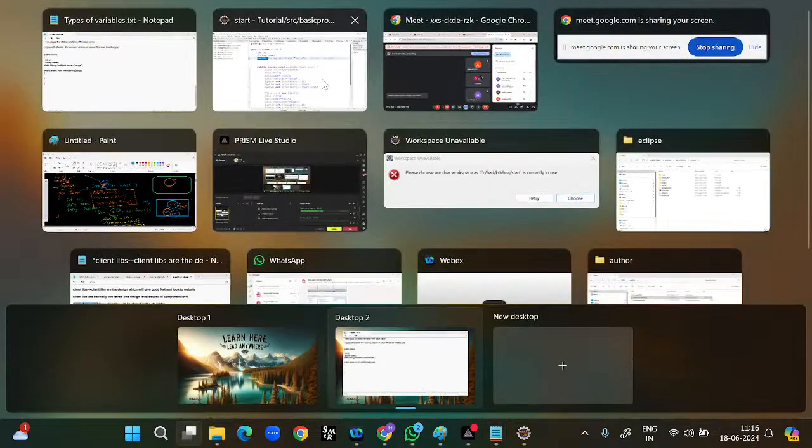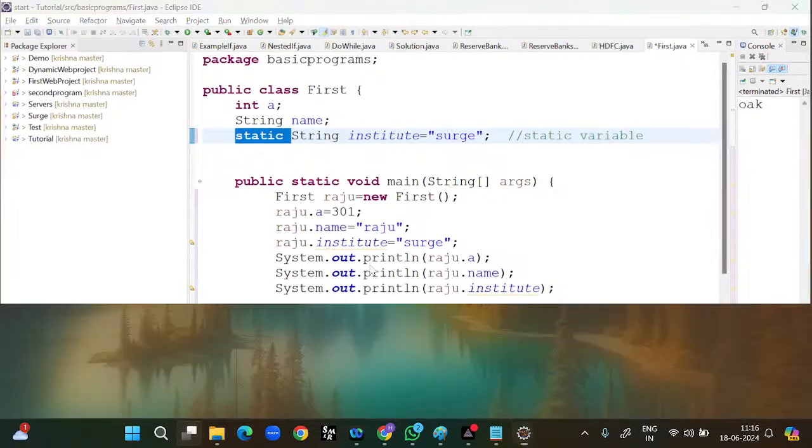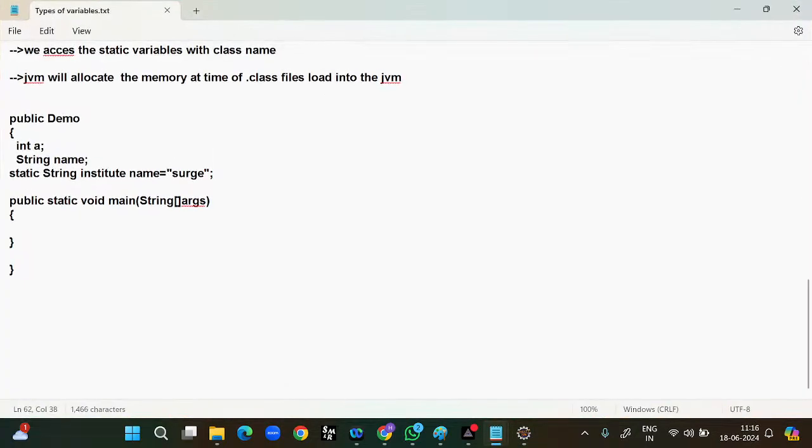Okay, so this is all about the static variables, and the third one we have is the local variables. So the third one we will discuss is the local variables. So the first point is